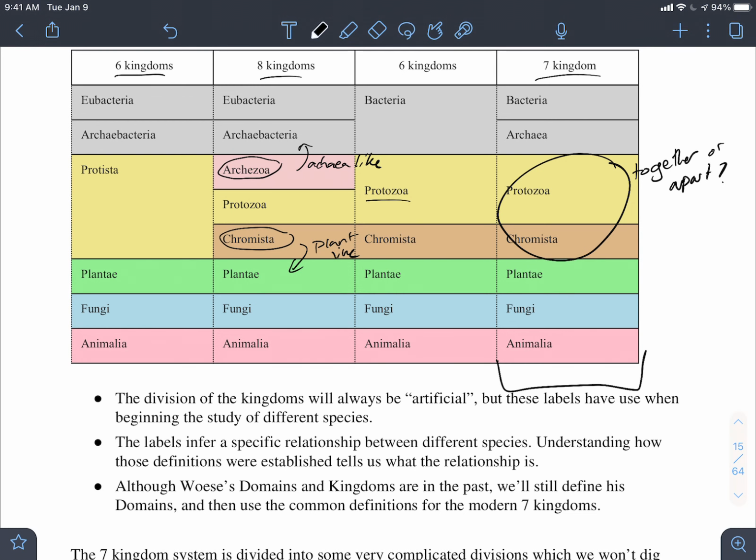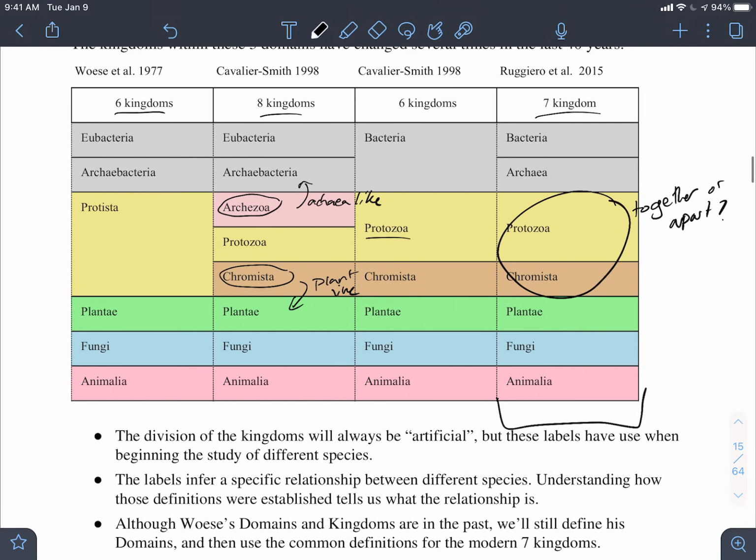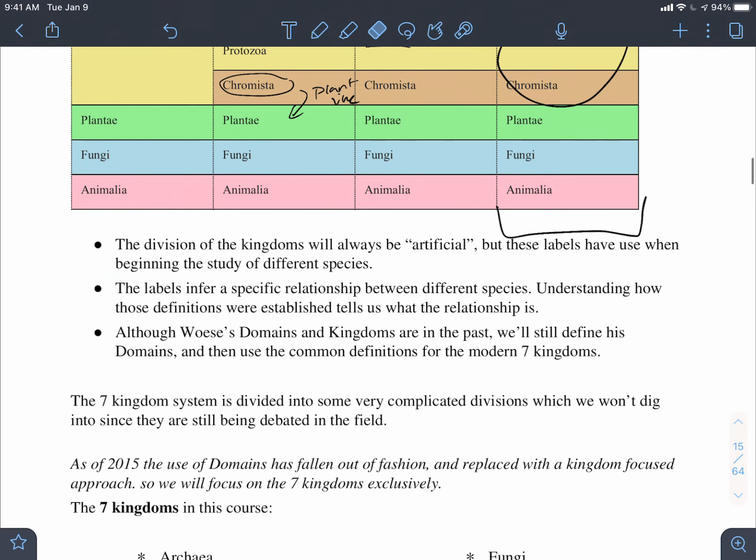Honestly, in my history teaching this course, I used to teach these 6 kingdoms because that's the one I had notes on. It was only after I did my own research into the research that had been done that I decided, oh no, I think these 7 kingdoms are more interesting and a better representation of what you'll be doing at the university level. These divisions are always artificial.